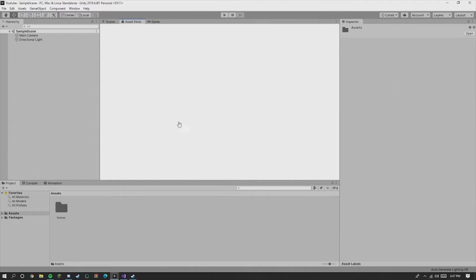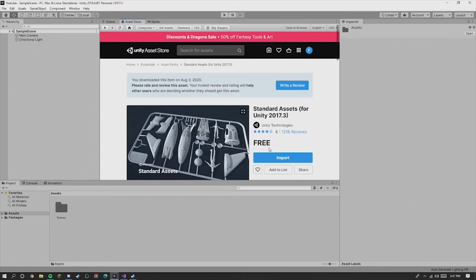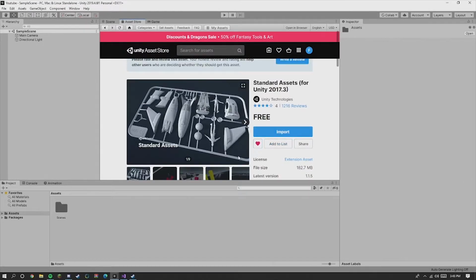You press this. Now, if you don't have it yet, there's going to be a download button. You want to download it. It's just going to save it to your system. I'll have this link down below if you guys just don't want to search. But yeah, link is going to be in the description, first link. And yeah, when you download it, you're going to see that there's an import button. Now you're going to want to press this import button if you want to use the library, that is, or the asset